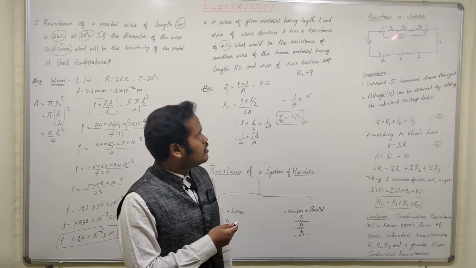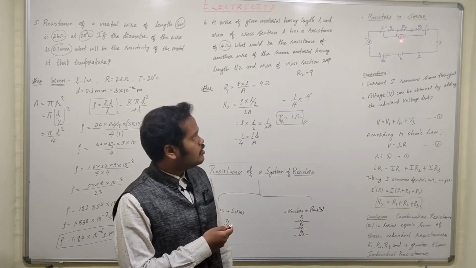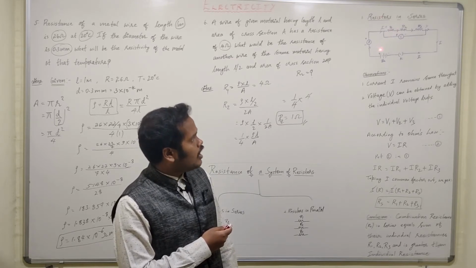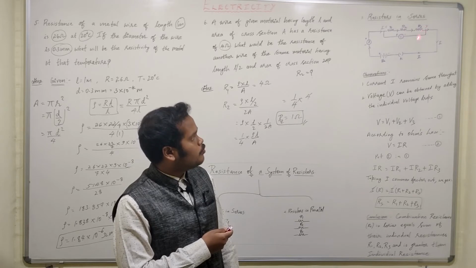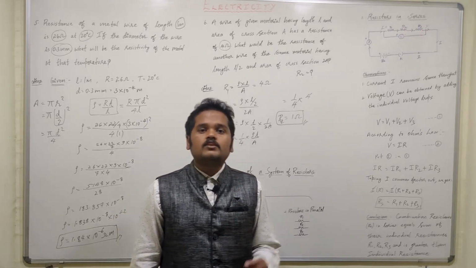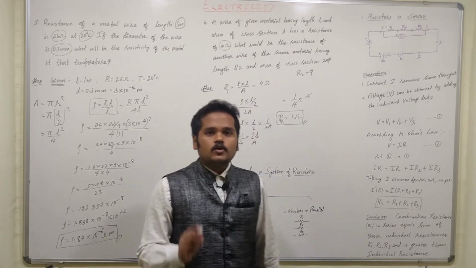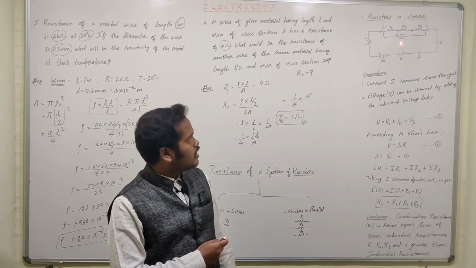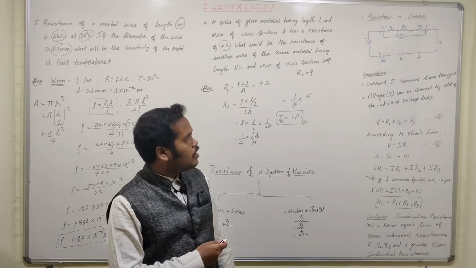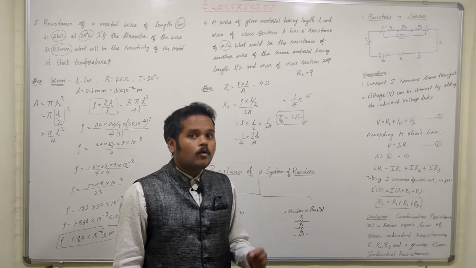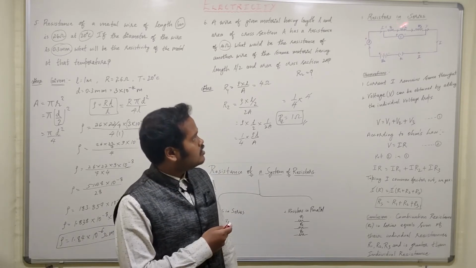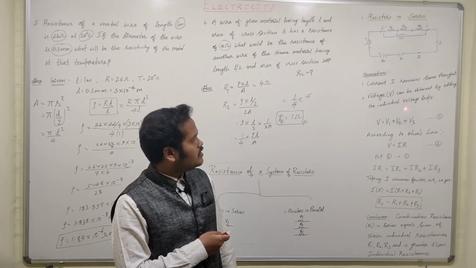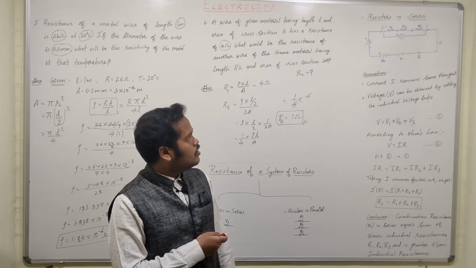Now how do we obtain the total voltage V? The total voltage V can be obtained by adding the voltage drop across R1, the voltage drop across R2, and the voltage drop across R3. That is V1 plus V2 plus V3. Two observations we make: the current I remains the same throughout the circuit, but what changes is voltage. Voltage changes across the resistors, and the total voltage V can be obtained by adding the individual voltage drops.